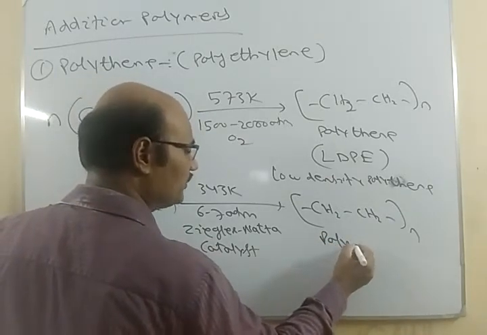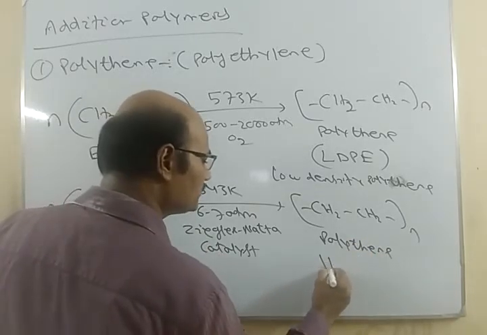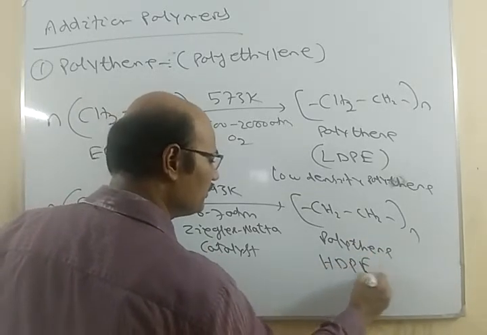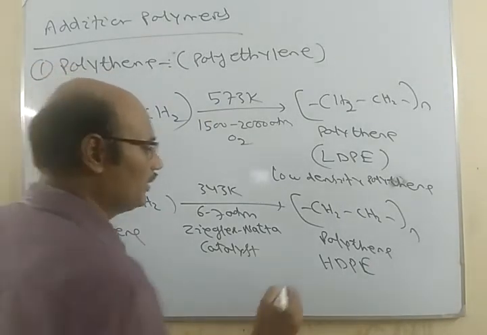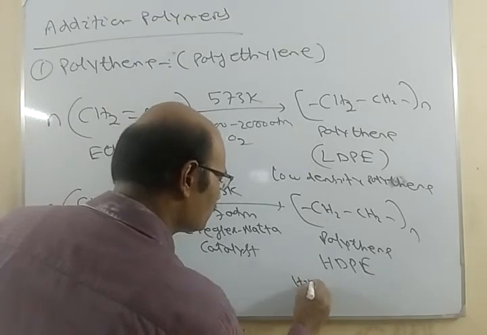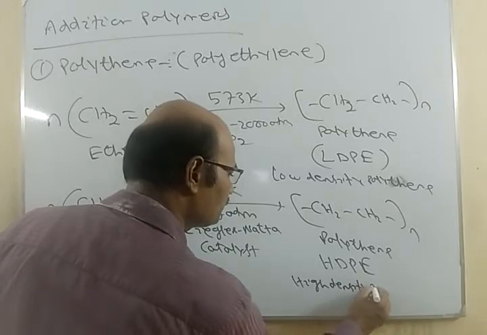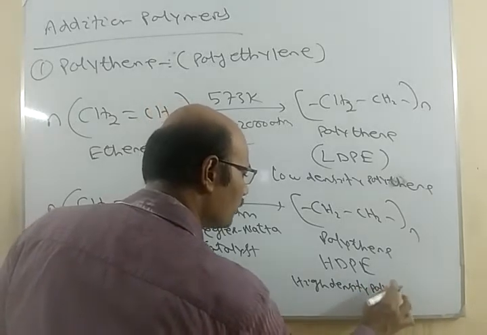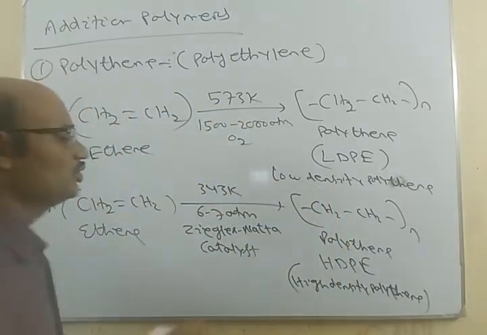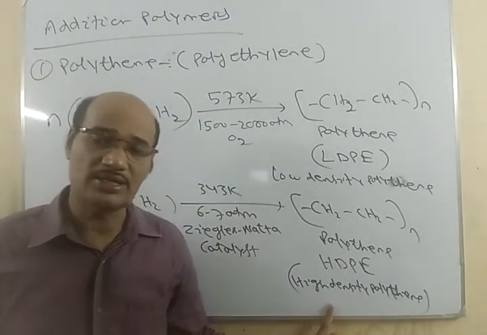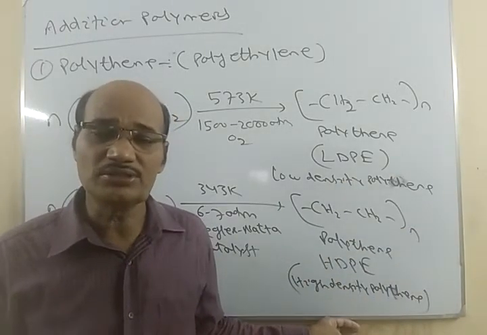This is also polythene. This is called HDPE, high density polythene. High density polythenes are straight chain polymers, where the monomer units are